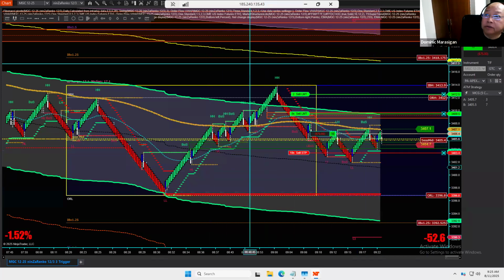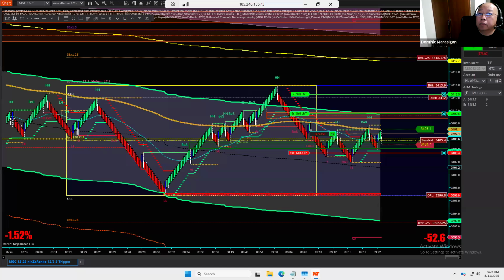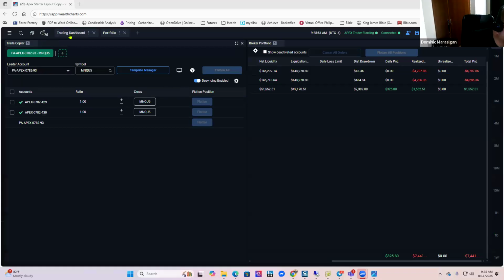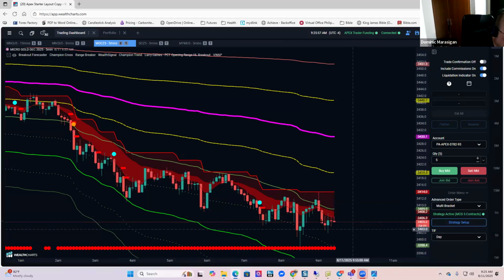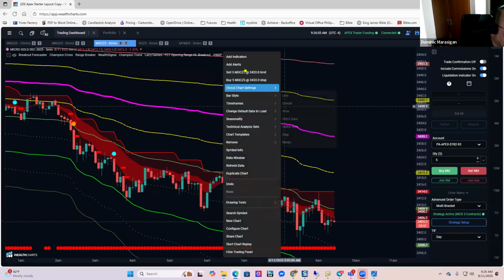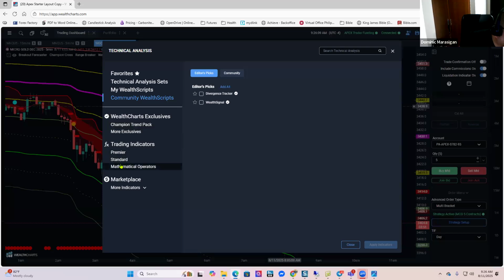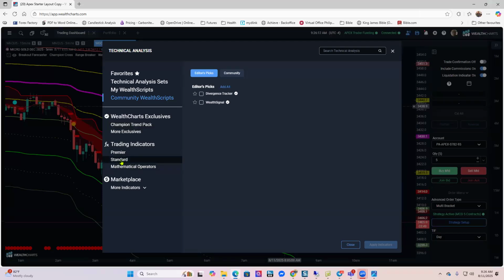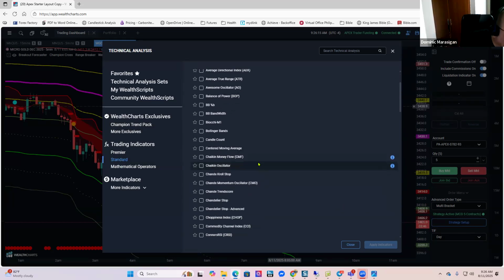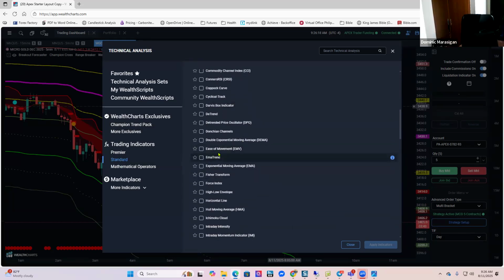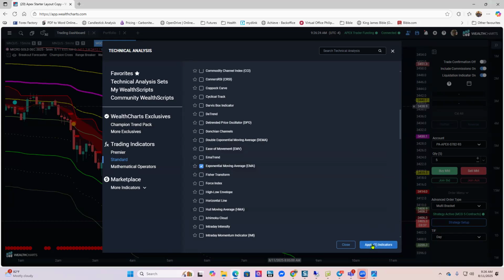Okay, so let's go back here. Share. What chart is that? 3. Okay, so here we are. So I don't know, see the 233. So you go click right here, right? And add indicator. And then go choose right here, standard, which is basically what you're looking for, EMA or exponential. You look right here, EMA, right there, right? Okay. So apply,